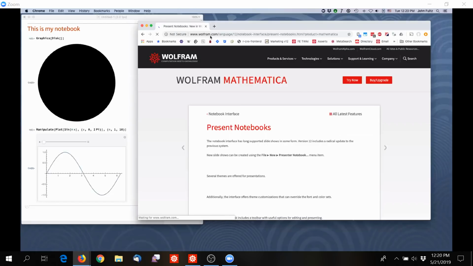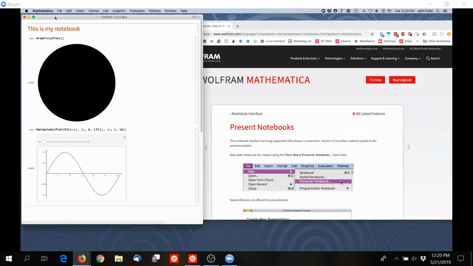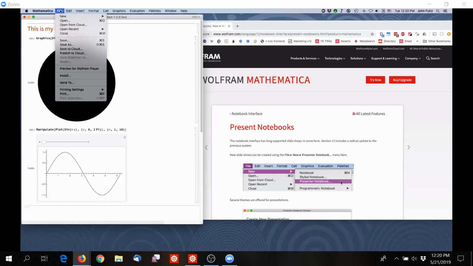Presenting notebooks. So we've had the ability to have slideshows for a long time, and if you've ever been to any kind of Wolfram Research event where Wolfram speakers are giving talks, you've probably seen those kinds of slideshows. And we now have a new set of tools, a completely new tooling around slideshows, and we refer to